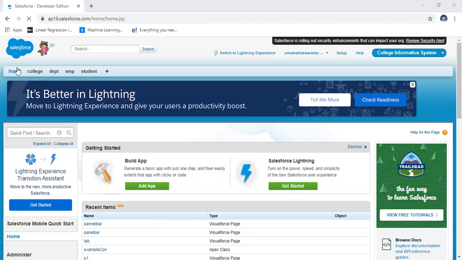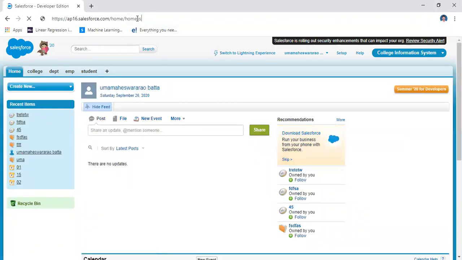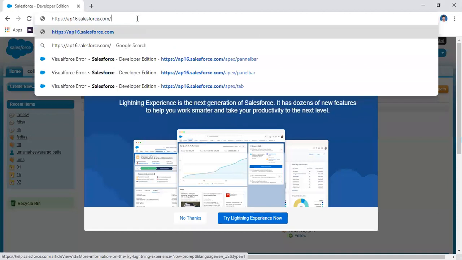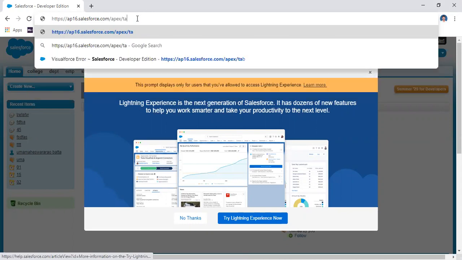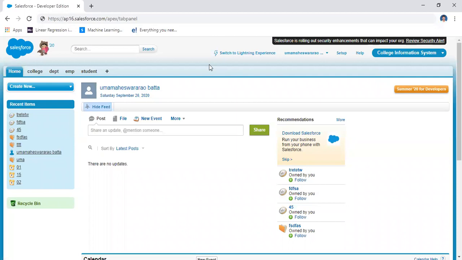Go to home, and then write the URL with apex slash some page name. For example, tabpanel is the page name.